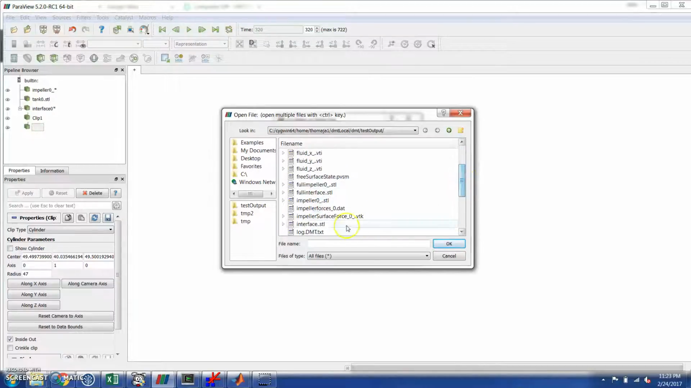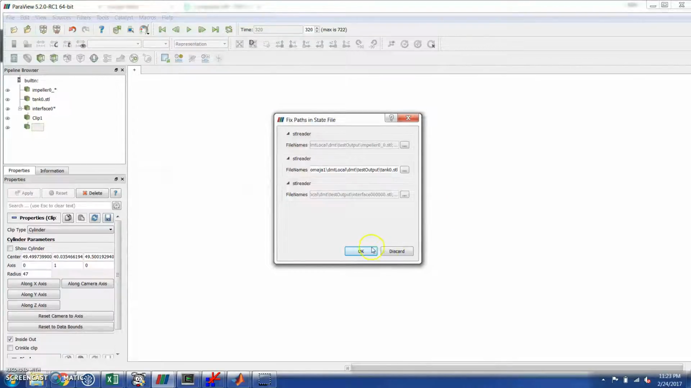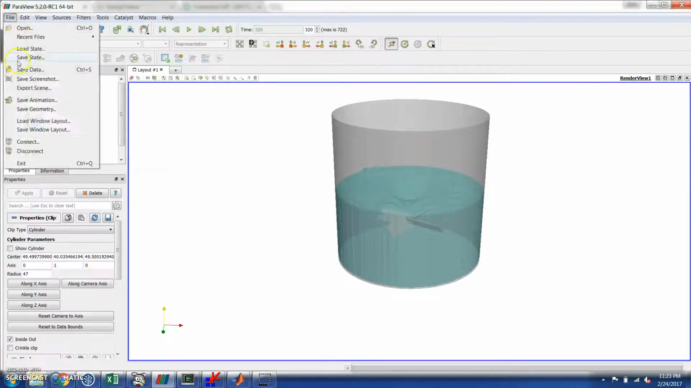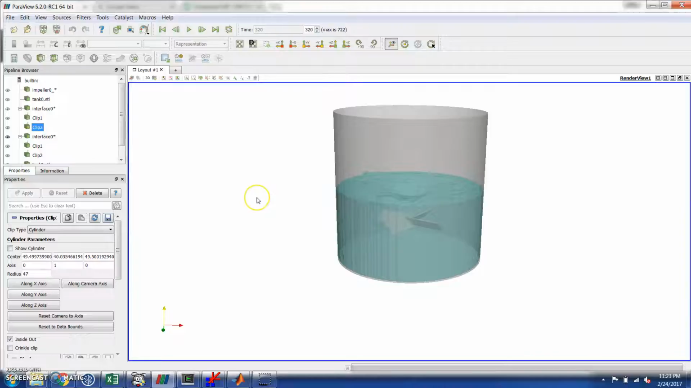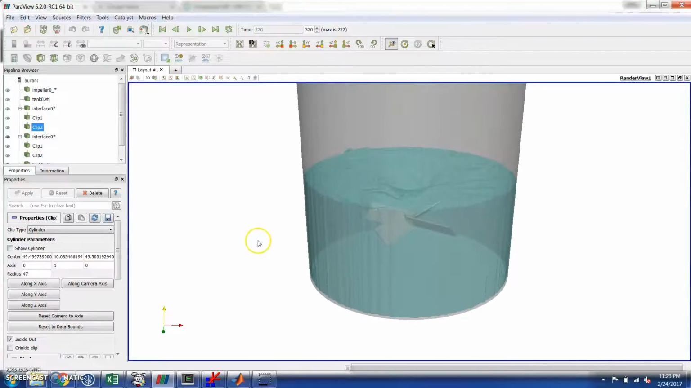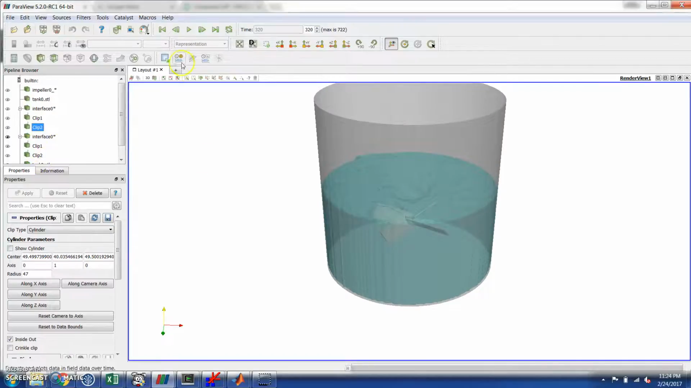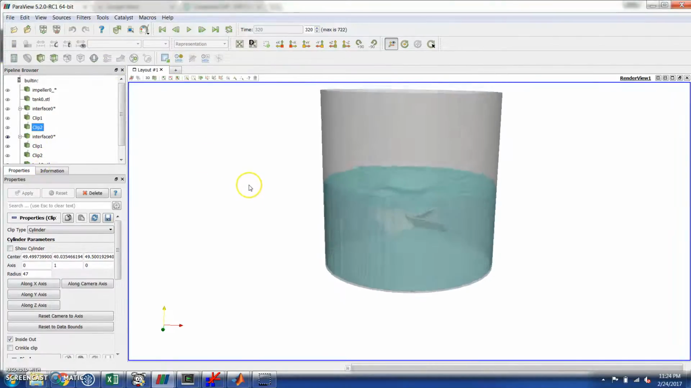So what I can do here is create a pretty and nice image one time, and just save it as a state and load a state in, so that I get more time steps down the road. I can just add them to my current state without having to reconfigure all of the data. So that's what's going on. That's how I typically